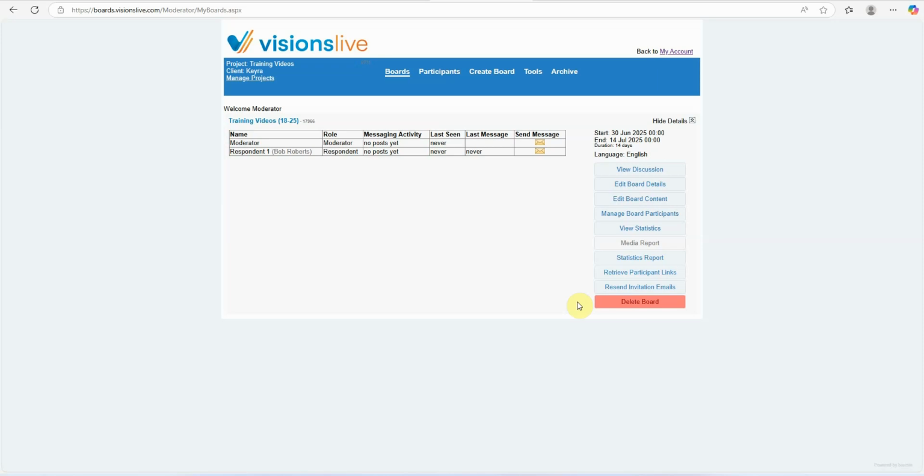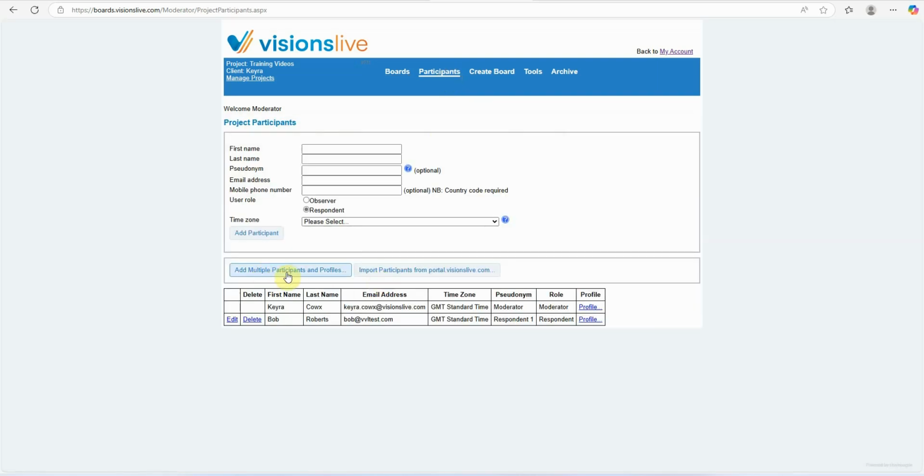You can filter respondents to allow access to certain questions to particular respondents only. To do this, we need to add profile fields, and there are a couple of ways to do this. For the first way, we need to go to the Participants tab at the top and go to Add Multiple